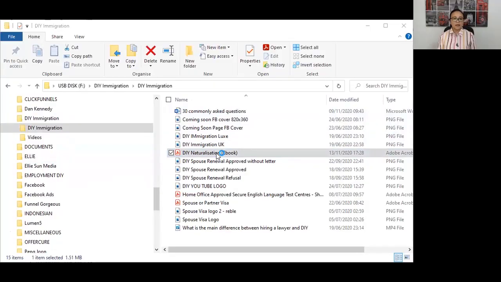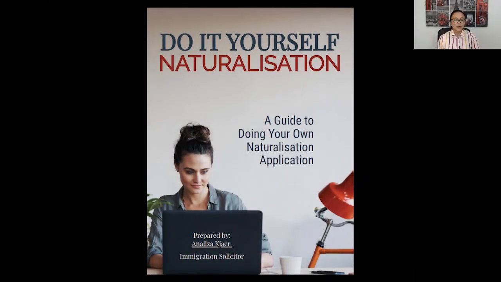Okay, so here I am on the first page. You don't need the first page. And this is a guide to doing your own naturalization application. It is actually one of the easiest applications that you can do. And so sometimes it is worth doing it yourself as long as you know exactly what the requirements are, because if you don't, then